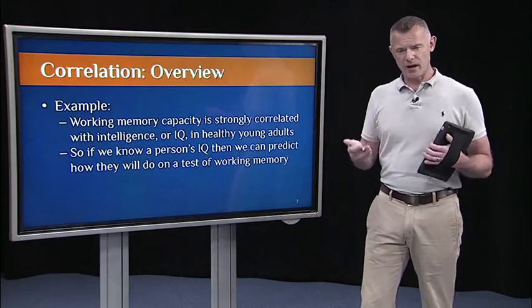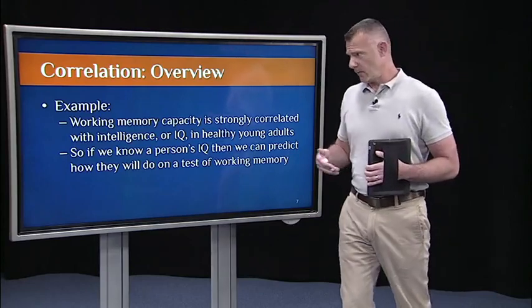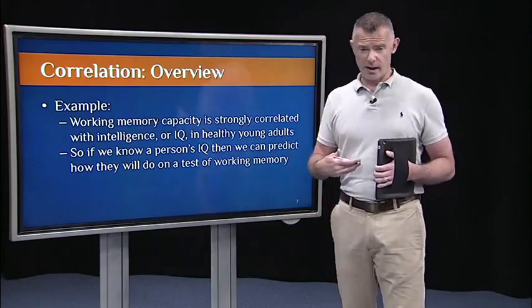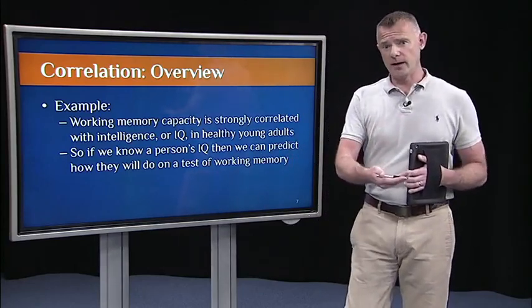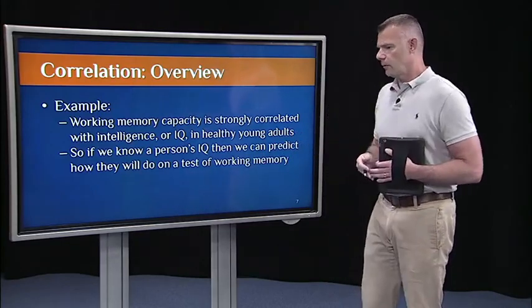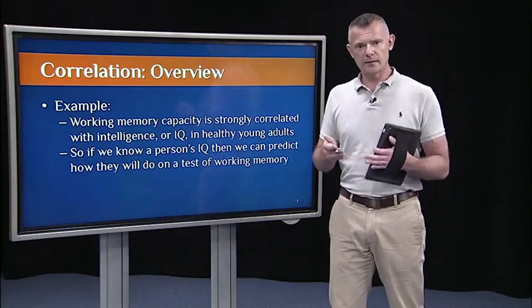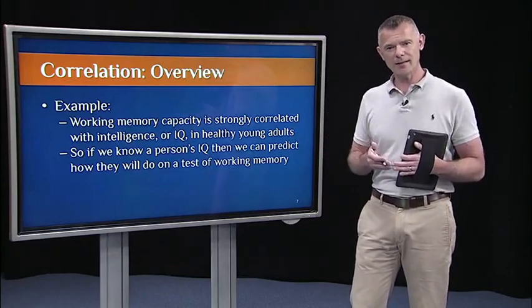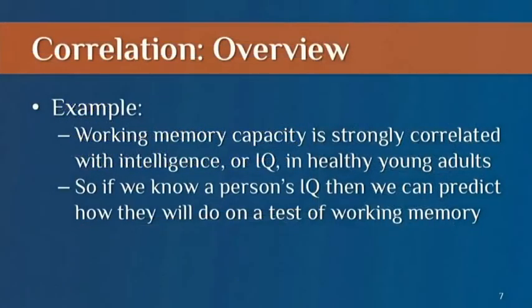Well, where did that idea come from? It came from years of research, some of it done by my graduate advisor, Randy Ingalls, some of it done by myself and my colleagues, showing that scores on tests of working memory capacity are highly correlated with traditional standardized tests of intelligence, or